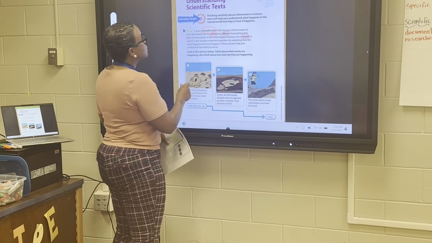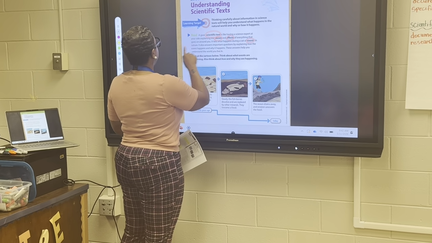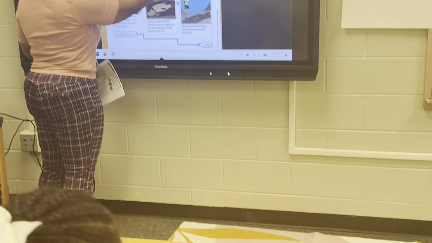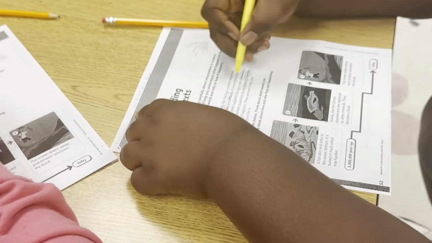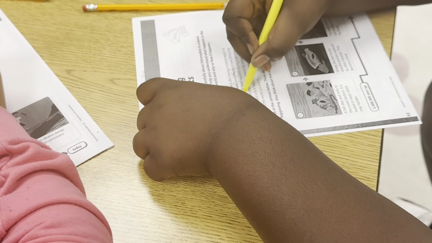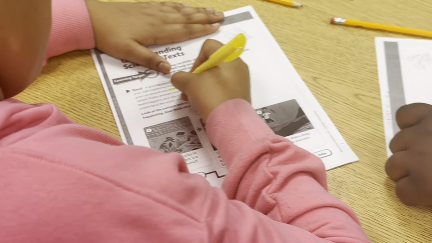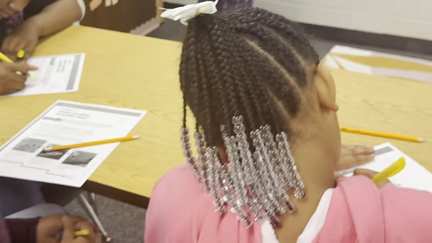Very good. So we're also going to highlight, it tells what happens. So I'm going to highlight during a set of events in nature. And which one is that telling what happened? Is that the cause or is that the effect? We're right here. Thank you for looking back at it. The effect. The effect. Very good. Then what else am I going to do?